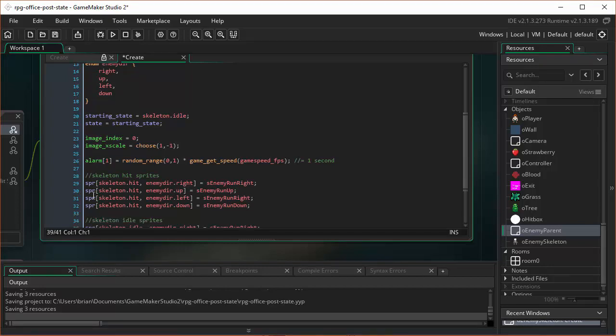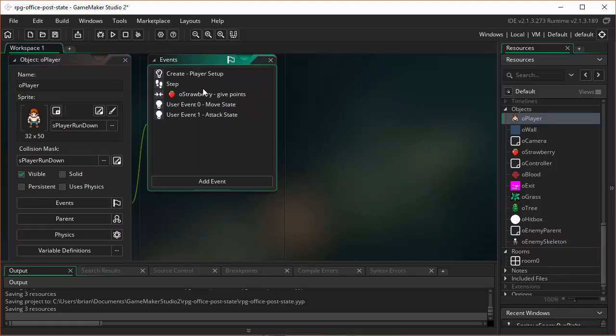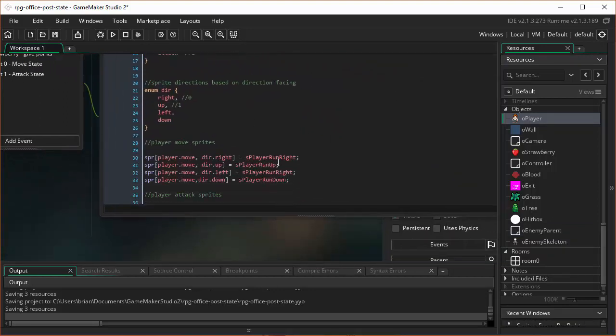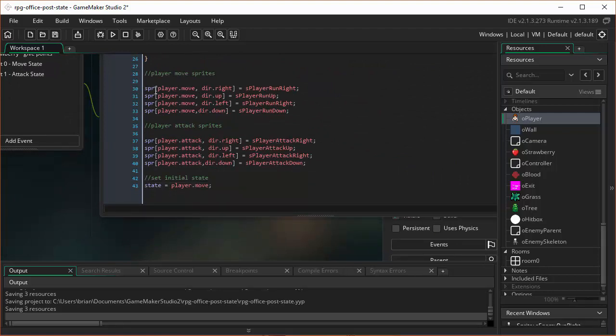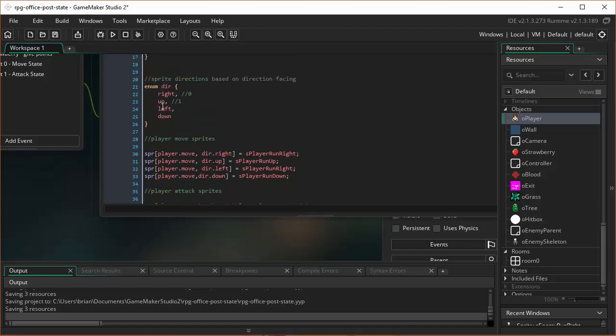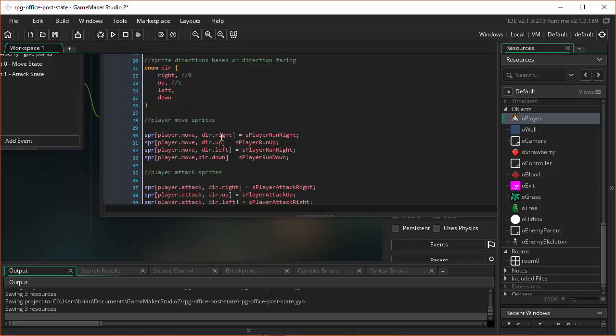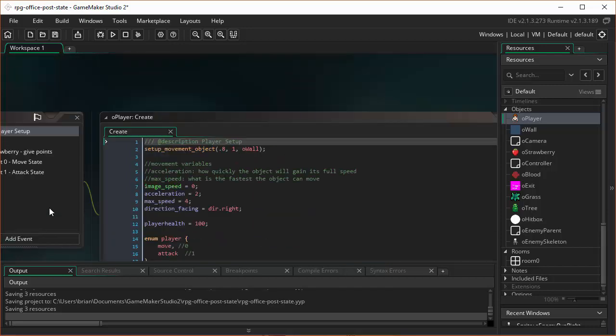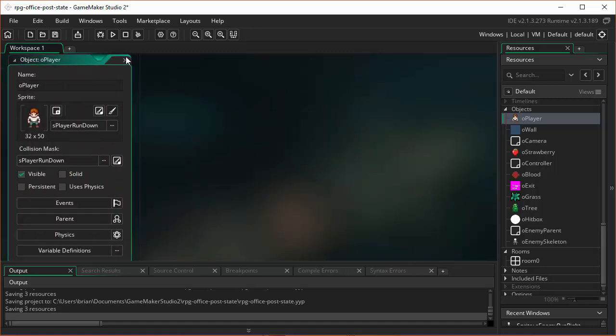So when we were on the player, if I go back to our player and I look at the create event on the player, we created a 2-dimensional array that we called SPR, and then within that 2-dimensional array we stored references to each of our different sprites for the player, right? And for the location in the 2-dimensional array, we used this enumeration information. So this is like the slot 0, 0 in our two-dimensional array, that's like the upper left-hand corner, or if you think of it like a grid, like a checkerboard. And then we just move through this array and then stored references in each of these locations to the appropriate sprite. So we're going to do the same thing with our skeleton